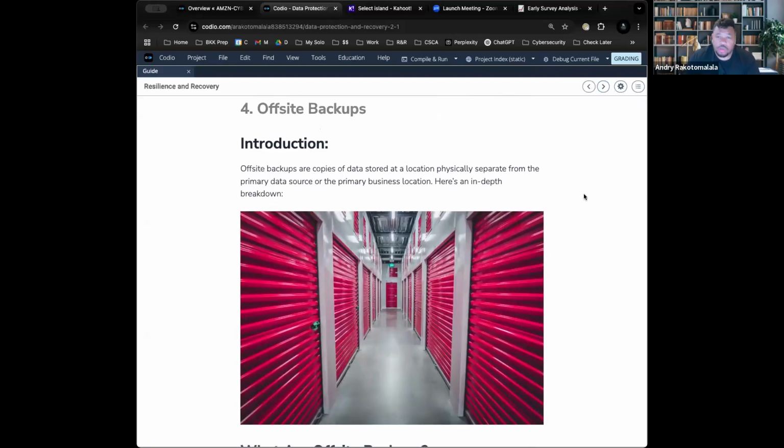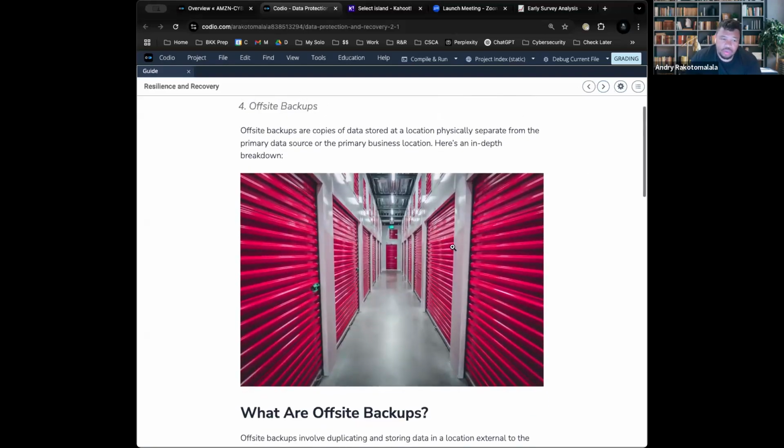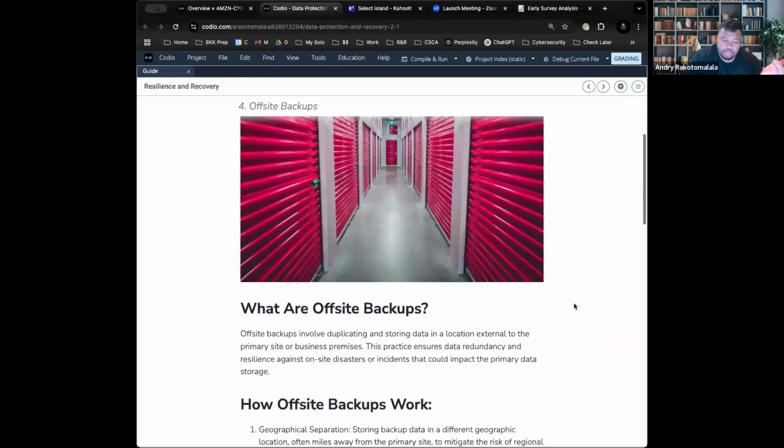All right. So offsite backups, the reason why they're showing you this is essentially when you store your data, and we'll keep it to data at this point, you're storing it in a place that is physically different from your office or your place of operation, okay? This is important because it ensures that your data isn't lost in the case of a major incident, such as a flood or a theft, right? If there was a flood at your business and all of your data was kept there, that's a single point of failure. The entire concept of resiliency is to make sure that you can make it available again down the line.